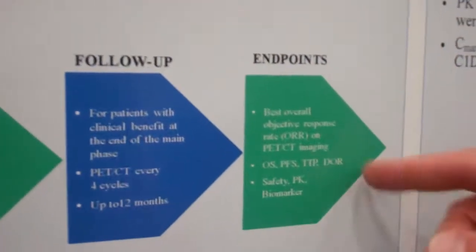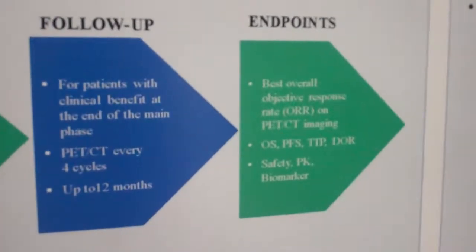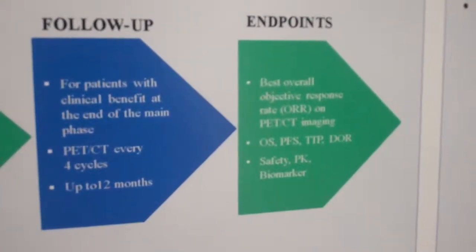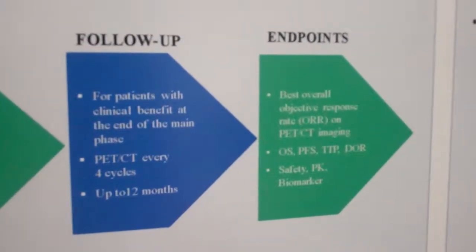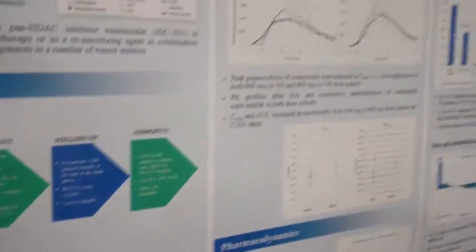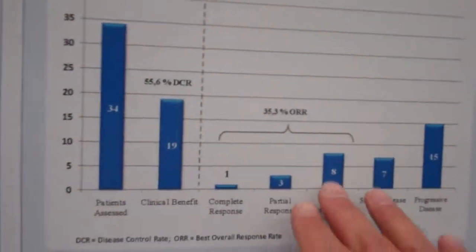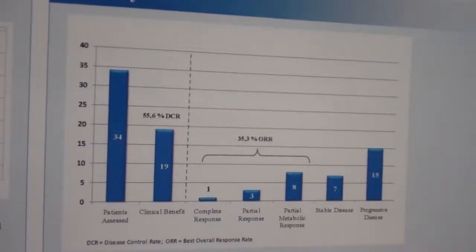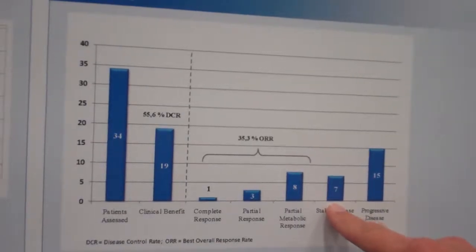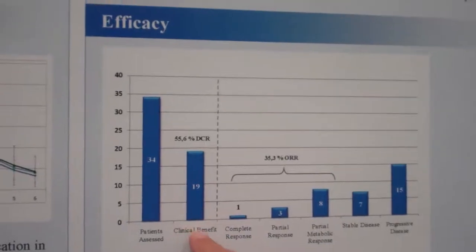Primary endpoint of the study was the overall response rate based on CT, on computed tomography, saying basically the size of the lesions combined with their functional activity based on PET. And this is the outcome of the efficacy. We have a total of 35% overall response rate in these patients. 7 additional patients out of 34 have achieved stable disease, so that results in a